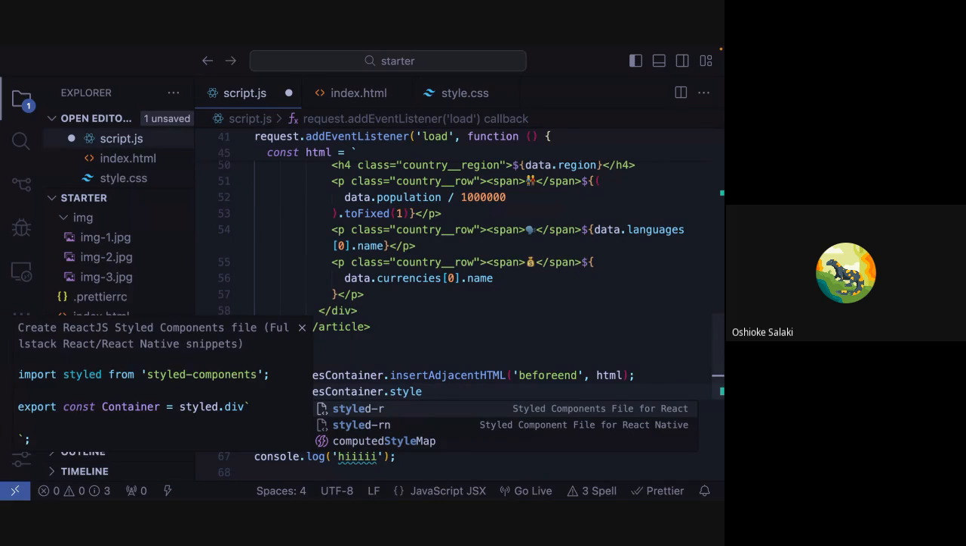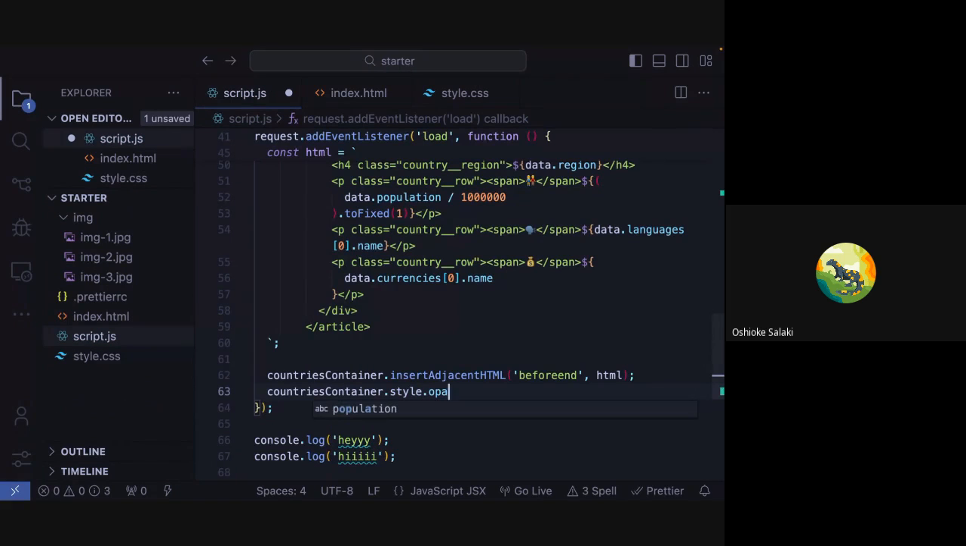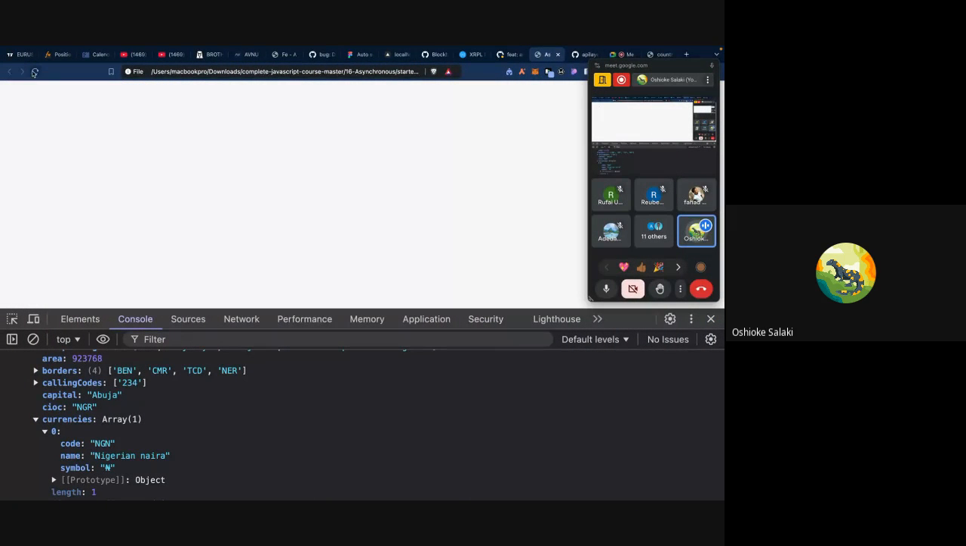Countries container dot style dot opacity, like this. I want to set it equal to 1. Yeah, so I want to set it to 1. So if we now go back to our browser and we refresh,